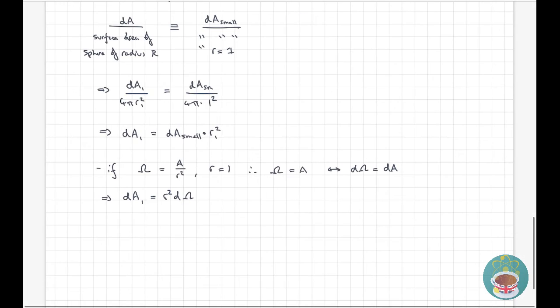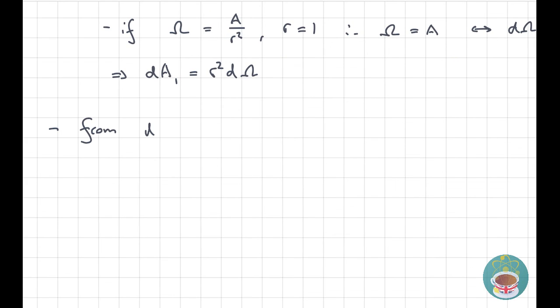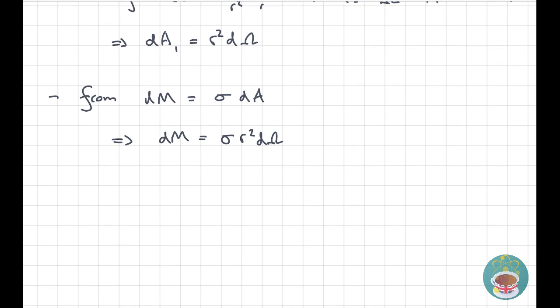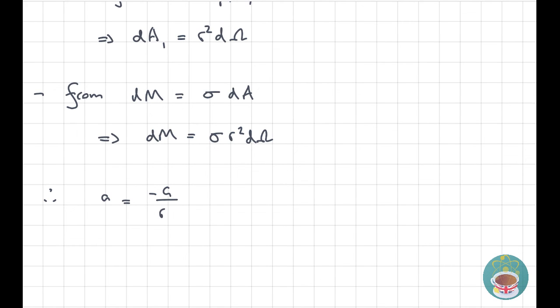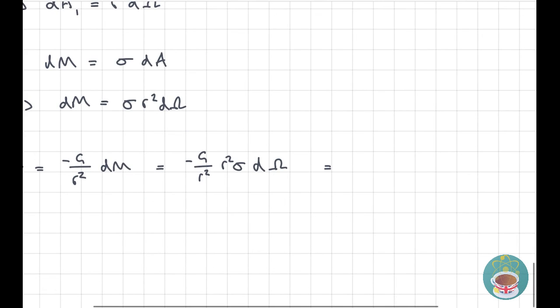Returning to dm equaling surface density times cone area, we can sub in for the cone area and drop the new equation back into the gravitational formula. What we find is that the acceleration felt by an object internal to the sphere is independent of its